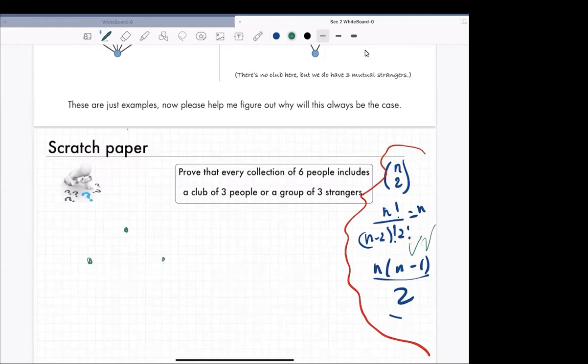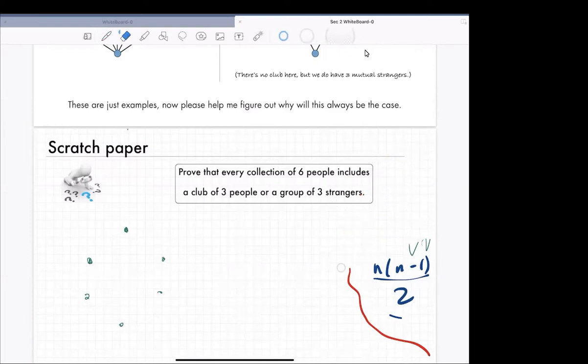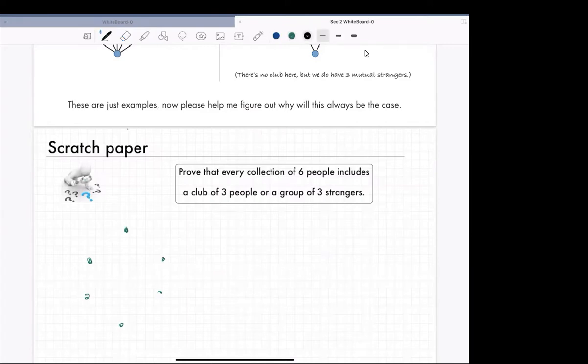So in this new kind of small language that we've just developed here, we've just managed to reframe the question in the following way. Given 6 dots and given all possible connections between the dots, where each one of those connections may be one of 2 kinds, either red or blue. Let's introduce some terminology. Red connection, know each other.